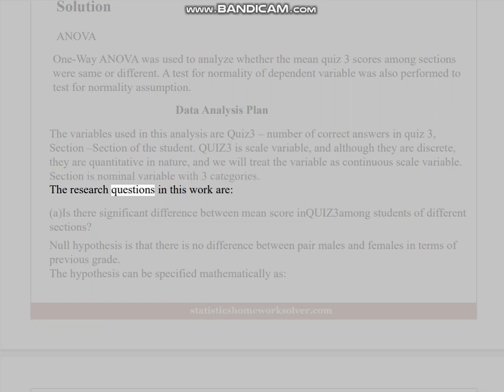The research question in this work is: is there a significant difference between the mean score in Quiz 3 among students of different sections? The null hypothesis is that there is no difference between the sections in terms of mean Quiz 3 score. The hypothesis can be specified mathematically as